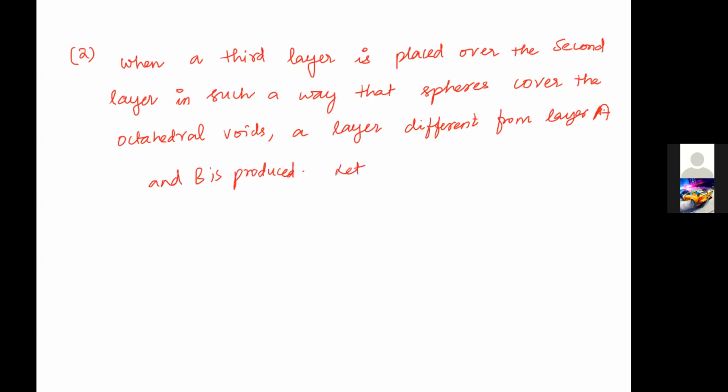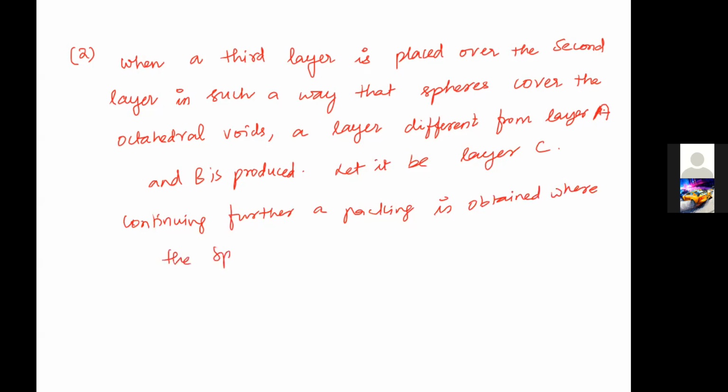Let it be layer C. Previously, it was A layer, B layer, again A layer, B layer. Now, it is not like that. You have A layer, B layer. The C layer is placed in such a way that the spaces present in the second layer are filled with the third layer. Okay, let it be layer C. So, continuing further, a packing is obtained where